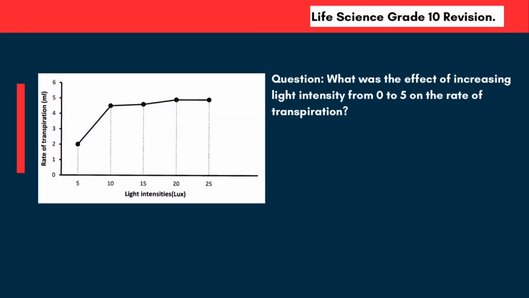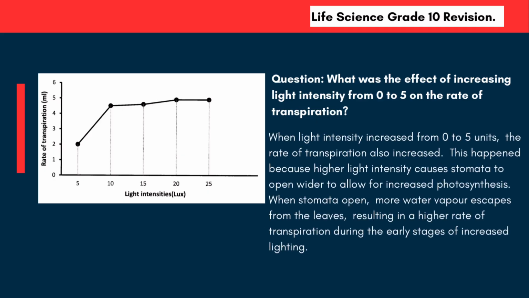Question: what was the effect of increasing light intensity from 0 to 5 on the rate of transpiration? When light intensity increased from 0 to 5 units, the rate of transpiration also increased. This happened because higher light intensity causes stomata to open wider to allow for increased photosynthesis. When stomata open, more water vapor escapes from the leaves, resulting in a higher rate of transpiration during the early